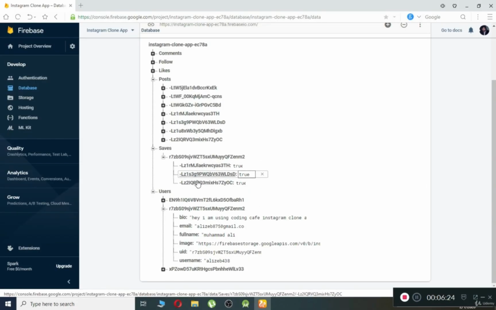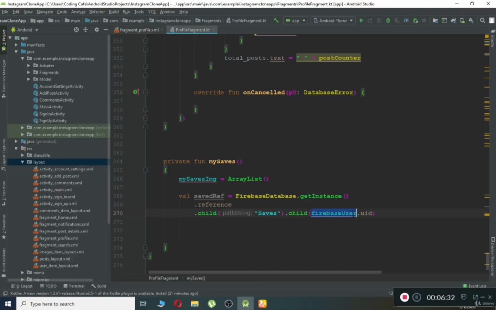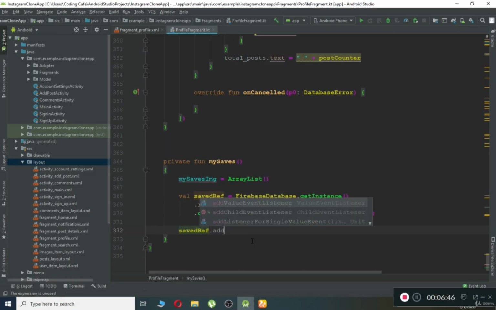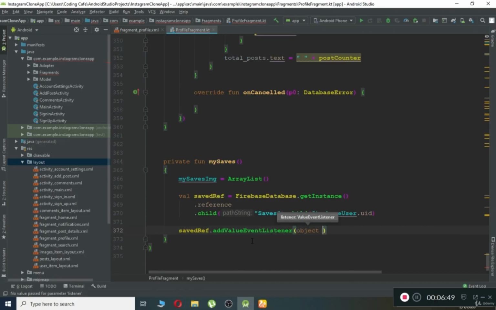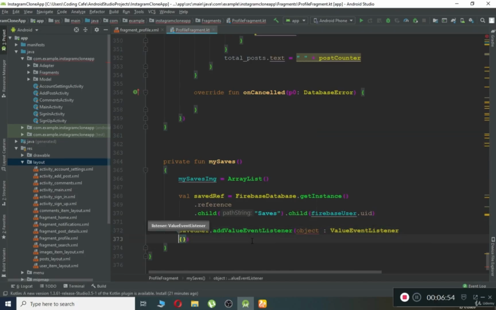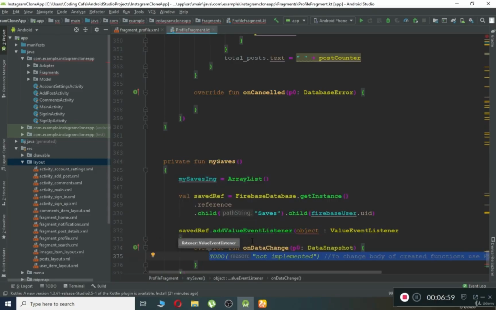So we are basically retrieving these keys, and that's why we say firebaseUser.uid. Let's say I'm Muhammad Ali, and I'm online, so it will get my ID and go under the saves node, and under my ID there will be post keys which we have to retrieve and save in our list. So we can say saveReference.addValueEventListener, object colon ValueEventListener, curly braces. Then as you know, we have 2 built-in functions: onDataChange, remove the comment,